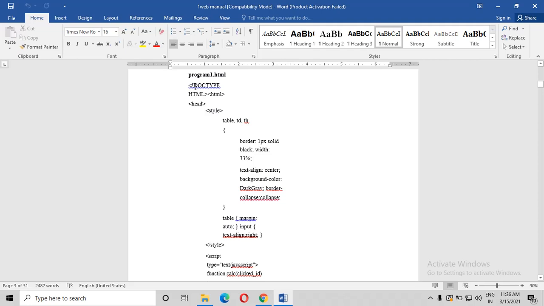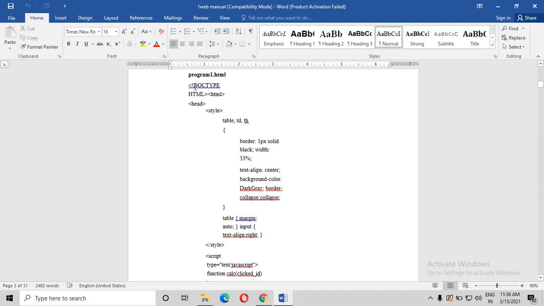What is this TD, TH? TD is a table data cell. You please write it down. It will be easy for you to understand. Whenever you open the program, it is easy. Please understand the program, then it is easy to remember. Okay, what is the table? It will create a table. Along with that, they have given TD and TH, table data, whatever the data cells there are. TD means table data cells. TH means table header, right?